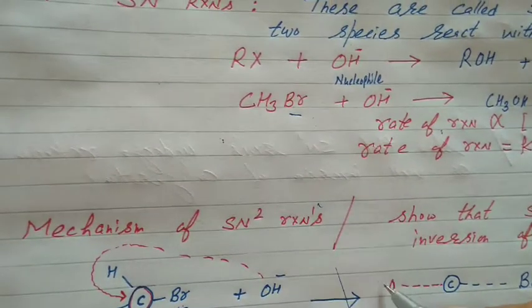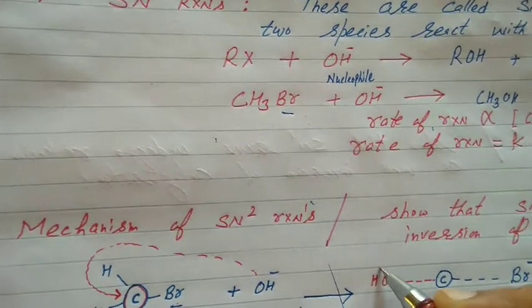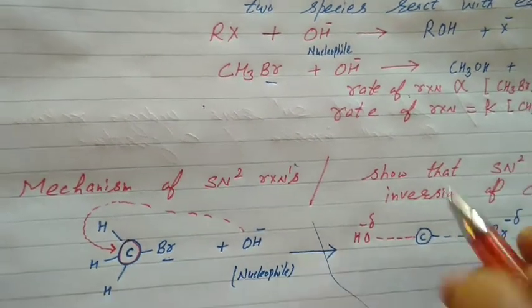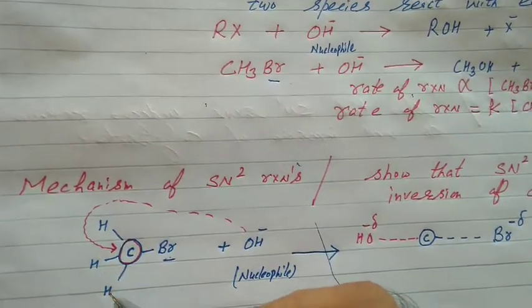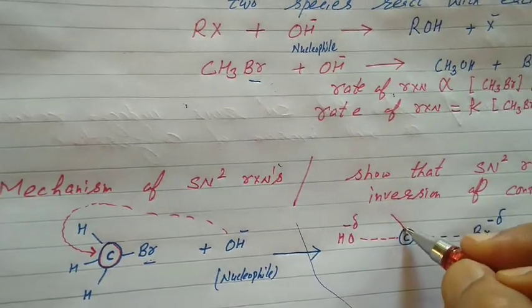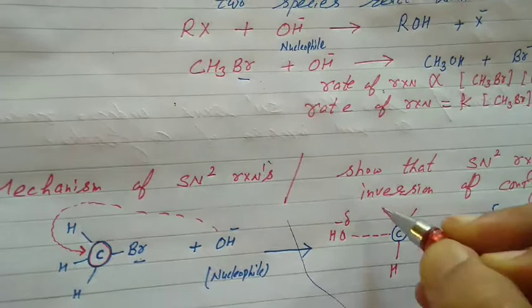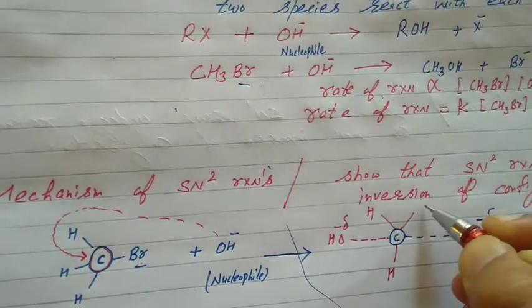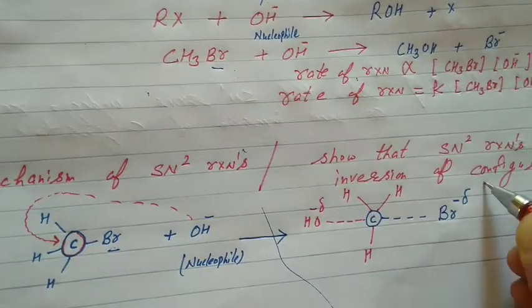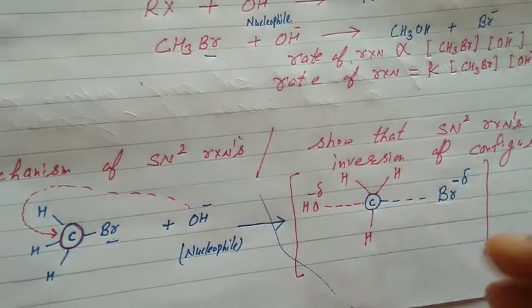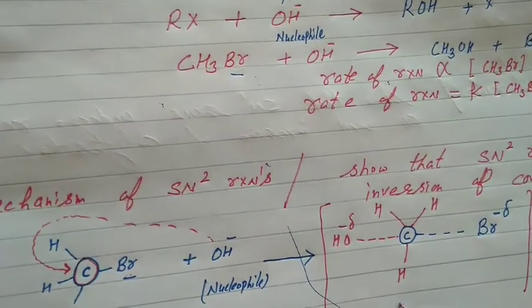The nucleophile is OH negative. It starts forming a bond with the alpha carbon, so I mentioned partial negative. Now it's clear, there are three hydrogen atoms, 1, 2 and 3. What we call it? Reaction intermediate. Friends, an intermediate state is formed, that is, a reaction intermediate is formed.